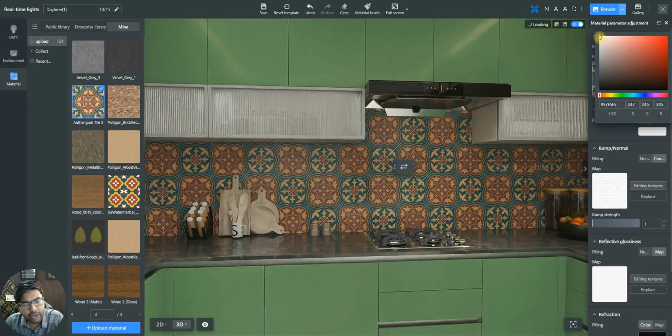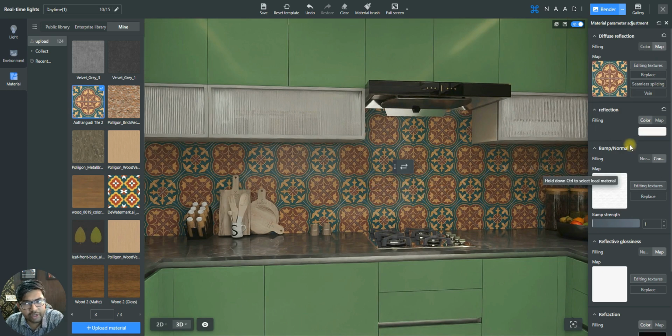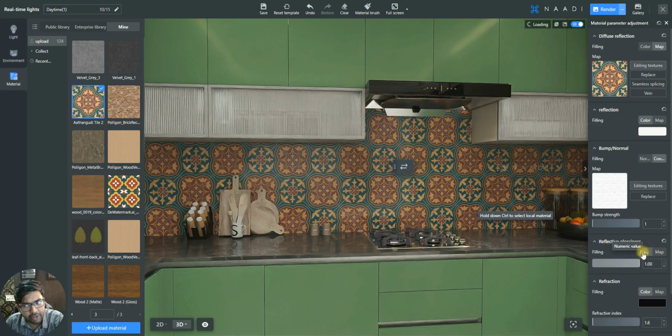You can just set it to either of these two, based on which the reflection color will be updated here. Can you see? And apart from your reflection, the third commonly used map is your reflective glossiness. Reflective glossiness controls the glossiness of the texture, like I said. So by default, if it is in map, make sure you click on this numeric tab so that you will